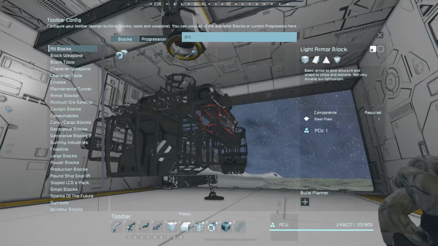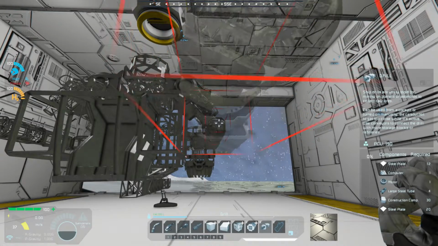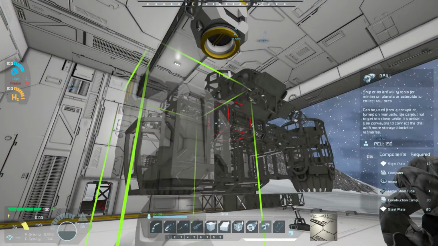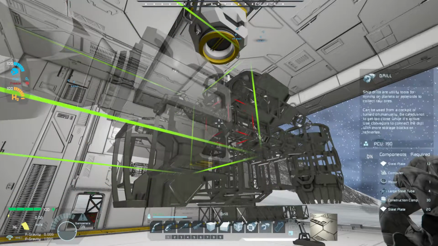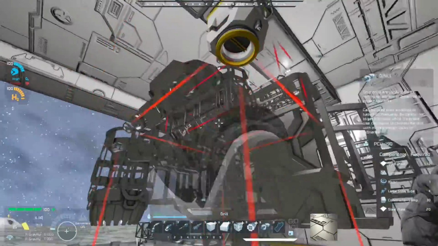And then what we can do is we can mount the drills the other way. So instead of what we had, where it's like that, we mount them like that. Of course. There we go. Now the question is are these going to be...